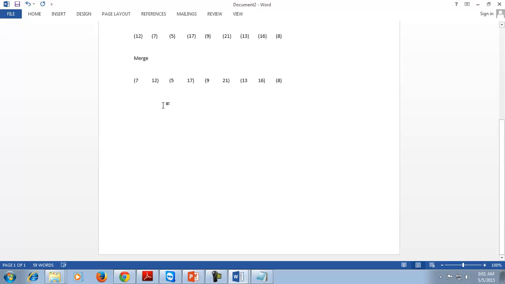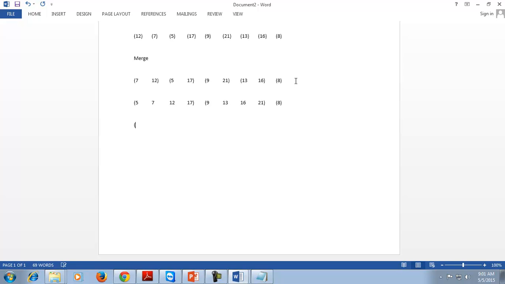That is, 5 is less than all the values, then 7, then 12 and then 17. In the next two sublists, 9, then 13, then 16, then 21, and in the next part 8 will come.